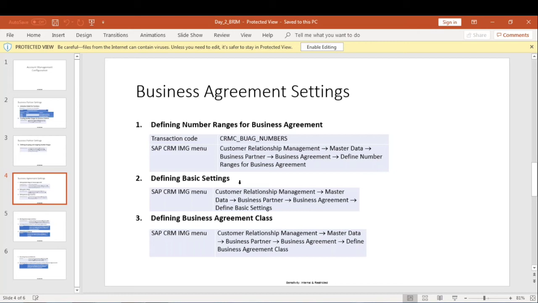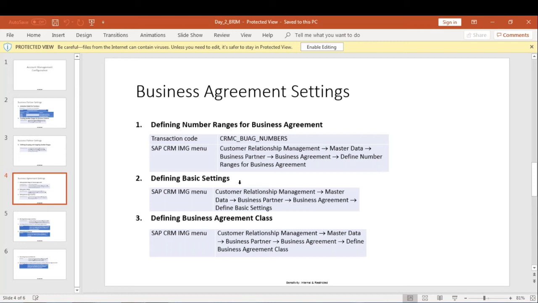That is defining basic settings. So here we define whether we want to go for the FIAR process or FICA. FIAR is finance and accounts receivable. FICA is finance and contract accounting. Both processes are implemented here, madam. We are doing the configuration here, in CRM. Yes, we can go with either functionality, FIAR or FICA.